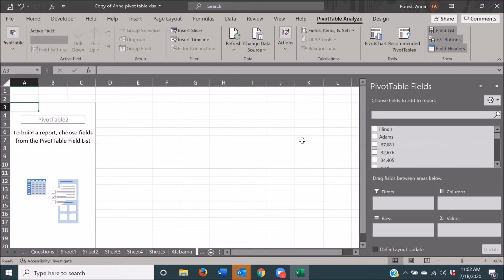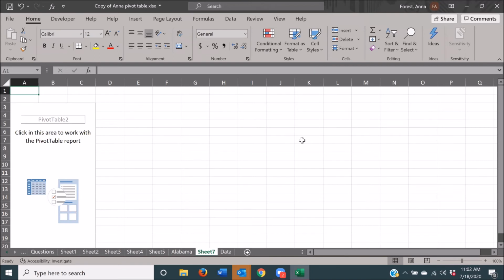Title is copy of pivot table XLSX Excel, pivot table fields. Yeah, I'm in pivot table fields. I'll just press escape twice though. Okay, so I press escape a bunch of times. Okay, so now I'm going to press F. Your pivot table closed, so you're going to have to hit your applications key and open pivot table, because that's